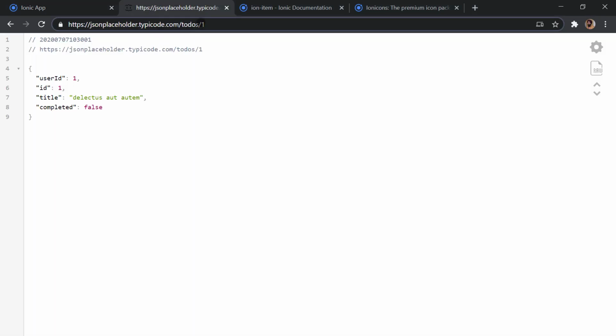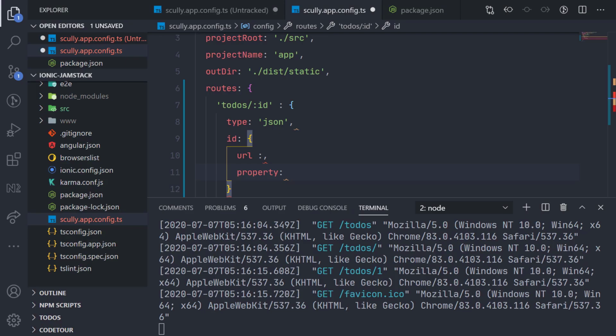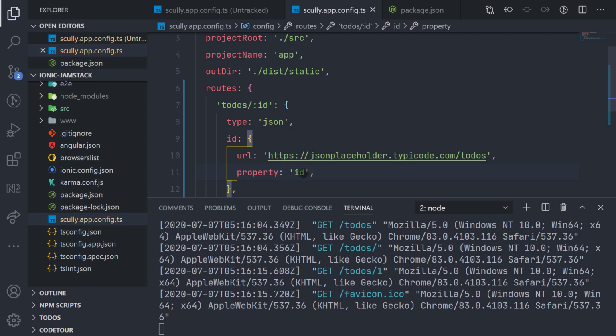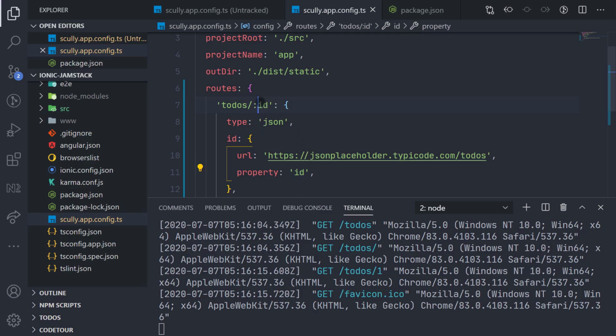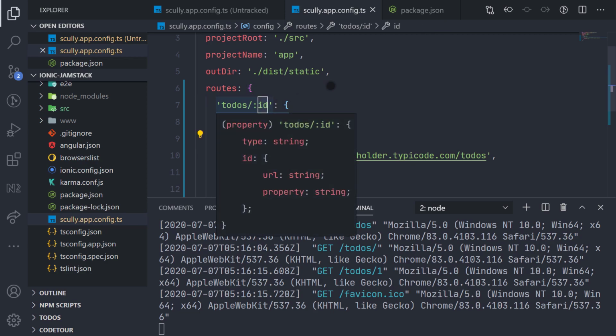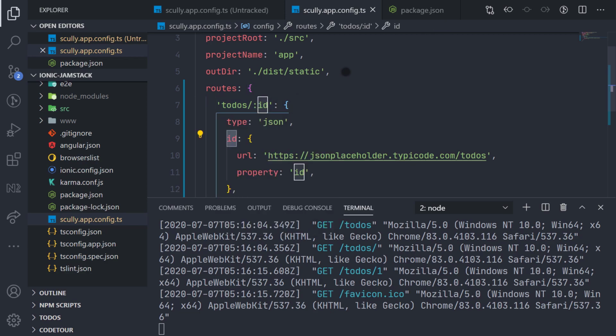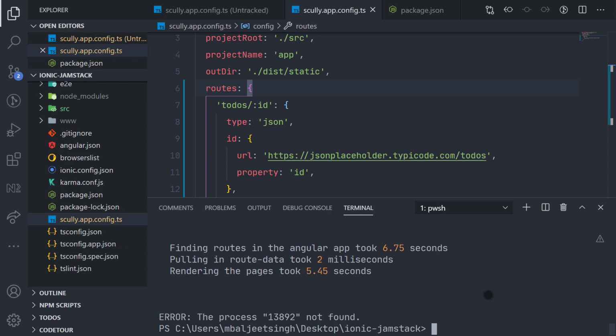So if I go here, that will be the URL where we are going to be fetching our ToDos, right? And for the property we want to use the ID property, right? So that is a dynamic one. That ID property refers to this ID, right? And then this ID and this ID correspond to ToDo/then ID, right? So if I save it and close it,